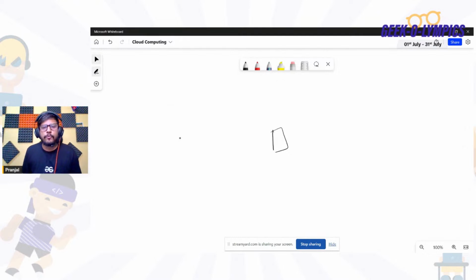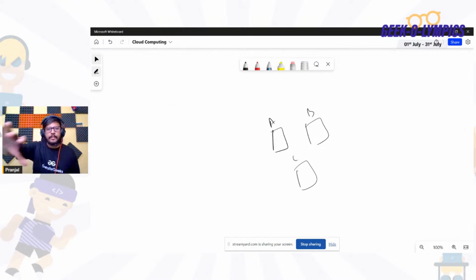Okay. Now, suppose you have data centers installed in area A and in area B. This is your data center A, this is your data center B, and this is your data center C. Within that particular region, around different localities, we're going to have different data centers. And they are well connected also, with low latency and high throughput, so that anything can be transferred from B to A very quickly and efficiently. Now if something happens to location A, if there is some compromise in data center A, you still have B and C, which will take care of your workload.